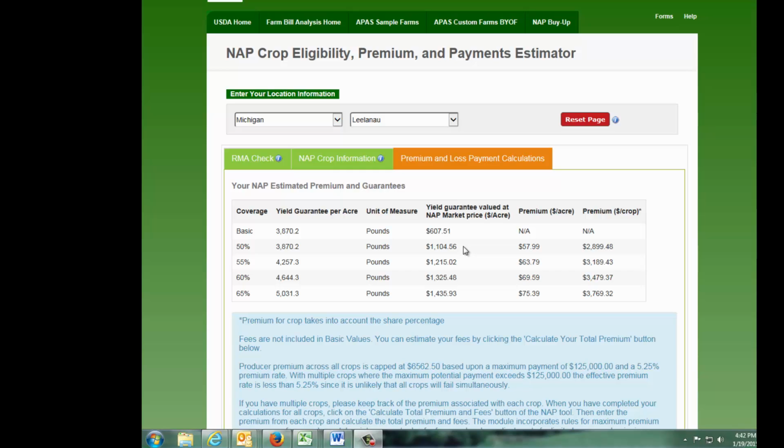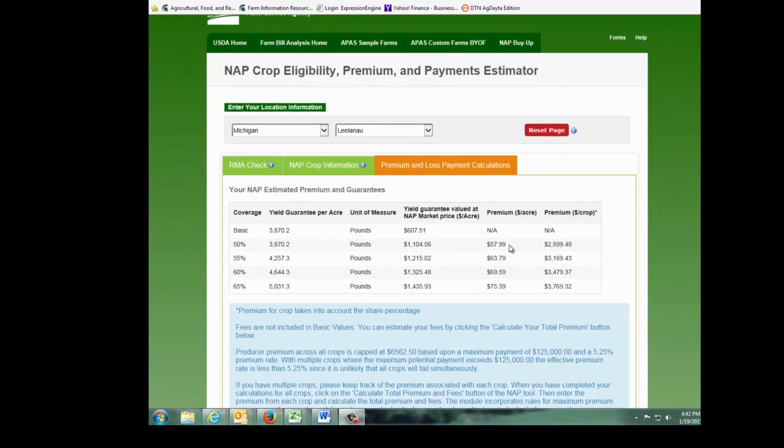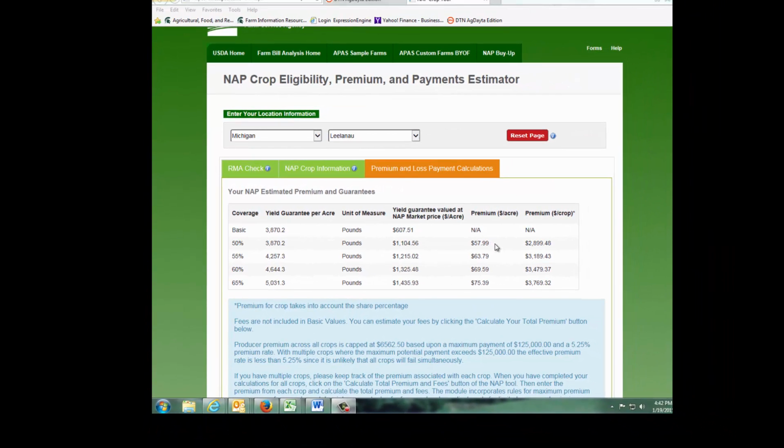The premium per acre then is 5.25% of this number, or $57.99. This last number then is how many acres you have. So we multiply the premium per acre times, in our case, 50 acres, and we have the premium for 50% coverage of